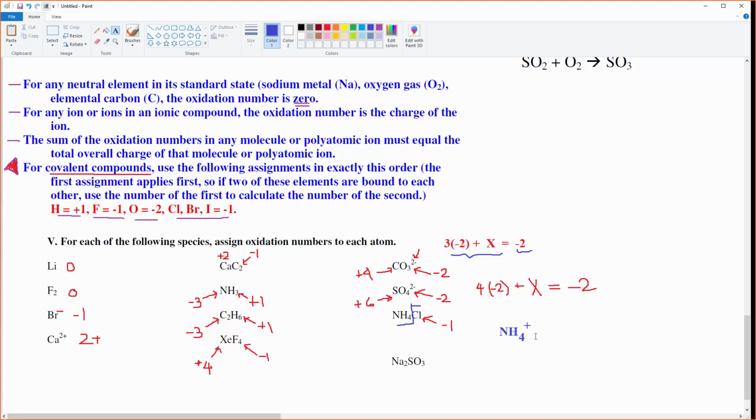So I pick off the chloride, I assign that, and now I can assign the NH4 plus, and I see that because it's a polyatomic, I'm going to follow the rules for covalently bonded things, which means, perfect, yes, the H gets to be +1. Exactly right. So H gets to be +1, which means that the N gets to be